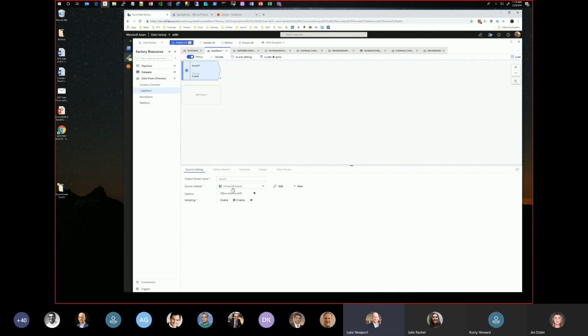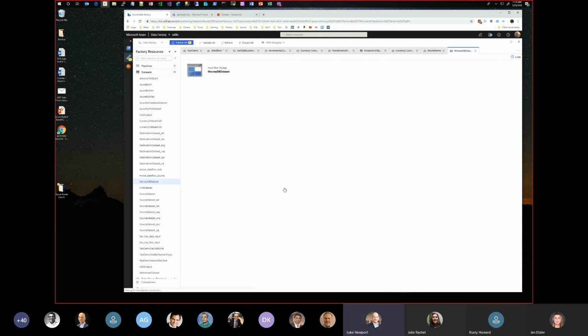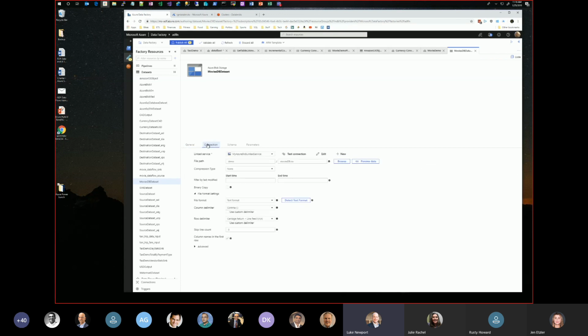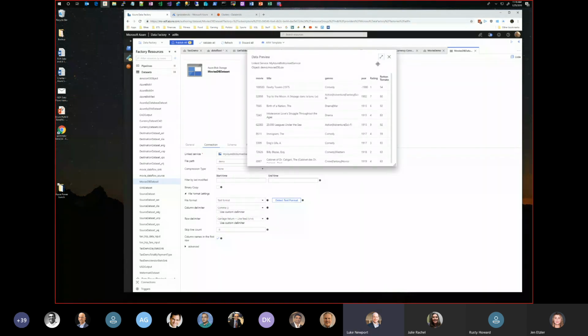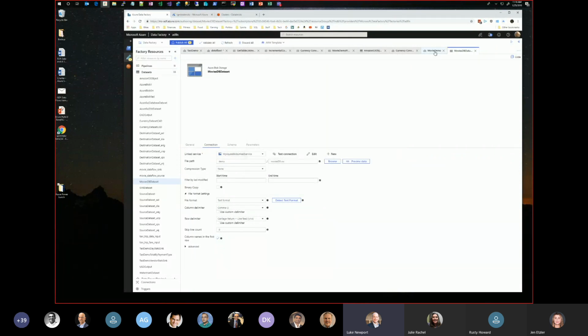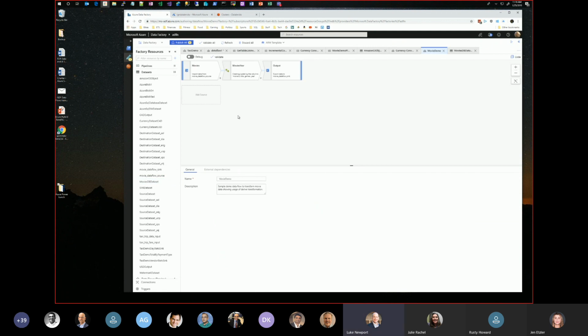I added a new source, maybe it's a DB dataset, which is just a connection to a CSV file. I'm going to preview that data for you here real quick. This is sitting out in Azure Blob Storage, and you can see I've got movies, titles, a misspelled column, years, bad here, negative 1980. So a cool thing you can do with that, let me go back to my Dataflow 1,